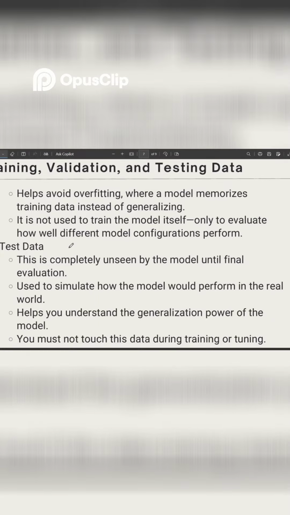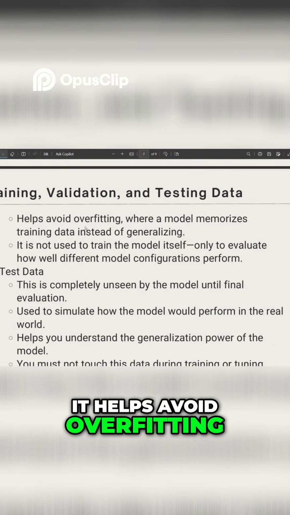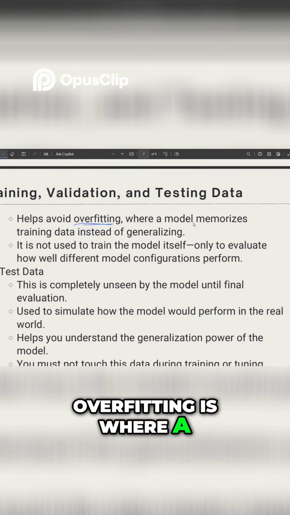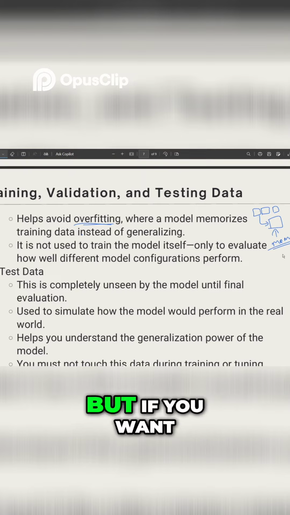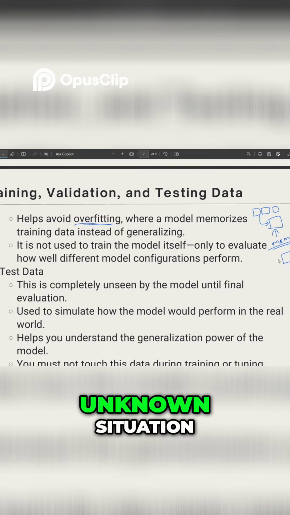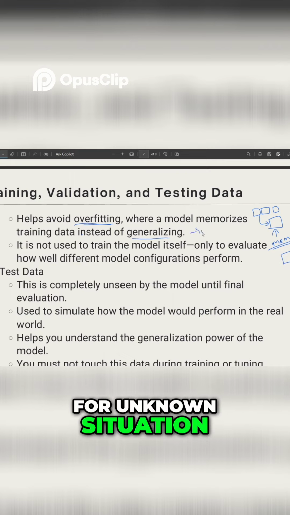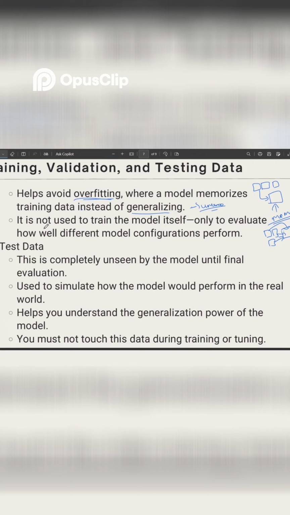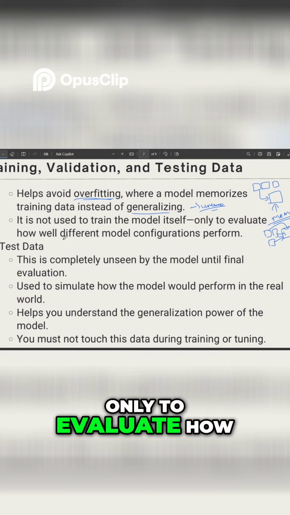So, talking about validation data, it helps avoid overfitting. So what is overfitting? Overfitting is where a model memorizes training data instead of generalizing. But if you want it to work in all situations, or in unknown situations and unknown problems, generalizing is what you need. Okay, so it is not used to train the model itself, only to evaluate how well